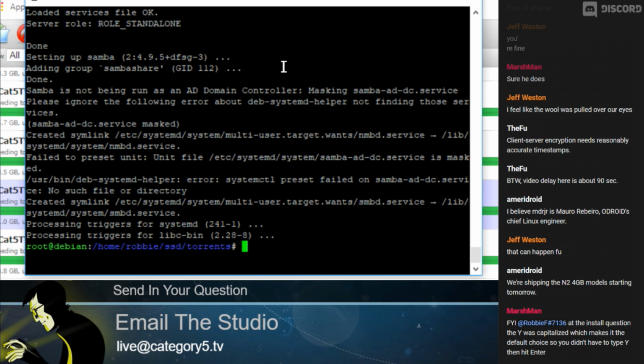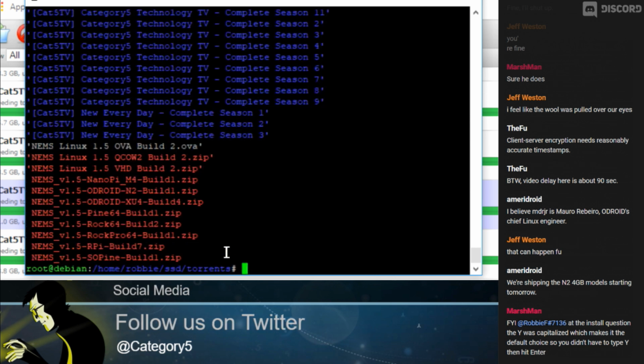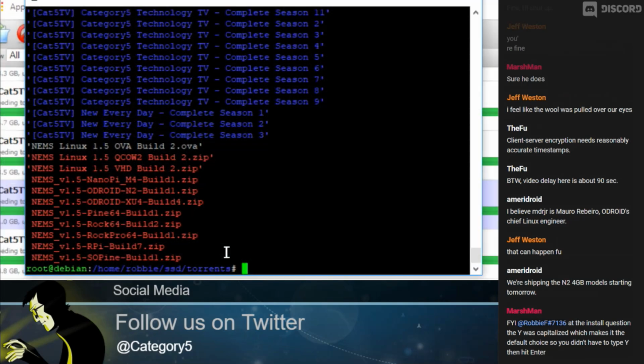I'm going to go nano. Okay, first of all, look at the folder that I'm currently in. I want you to observe that. That's important. /home/Robbie/SSD/torrents, because that's where all my torrents reside, remember? So that's the folder that I actually want to gain access to. Right. So yours may be different. Your name's probably not Robbie, so it might be /home/Jeff/SSD, if that's what you called your mount point, /torrents. So keeping that in mind, let's go